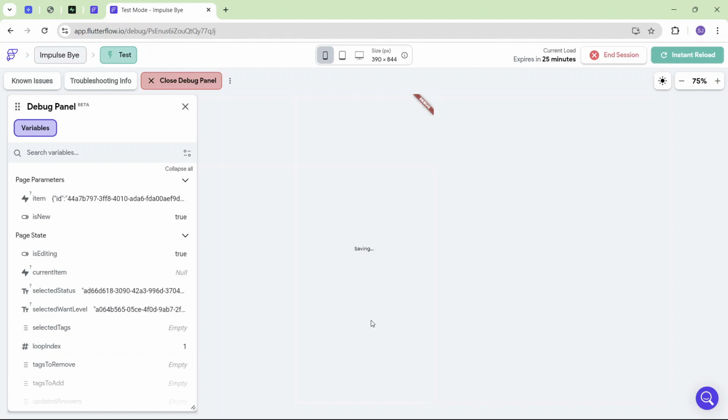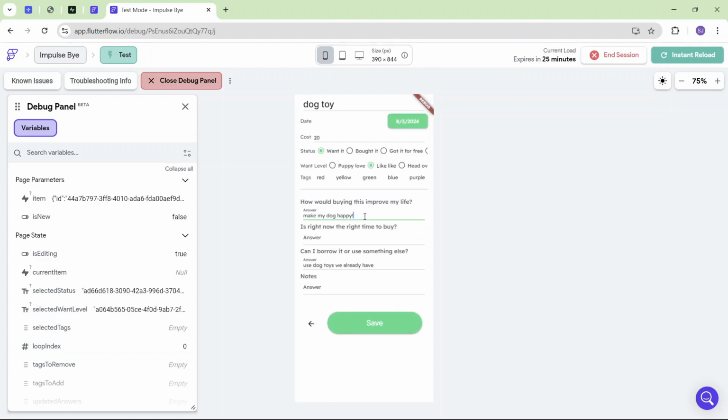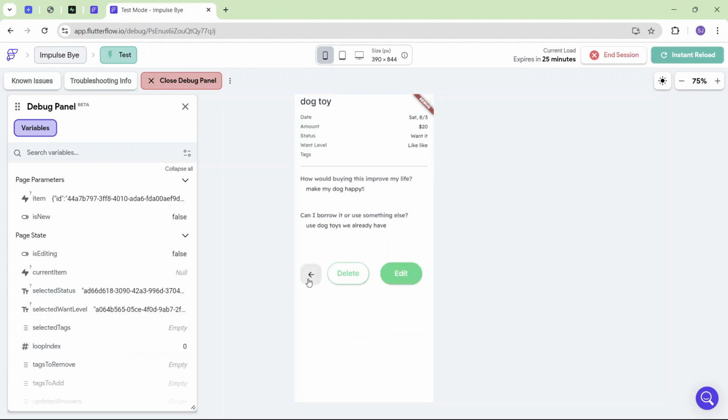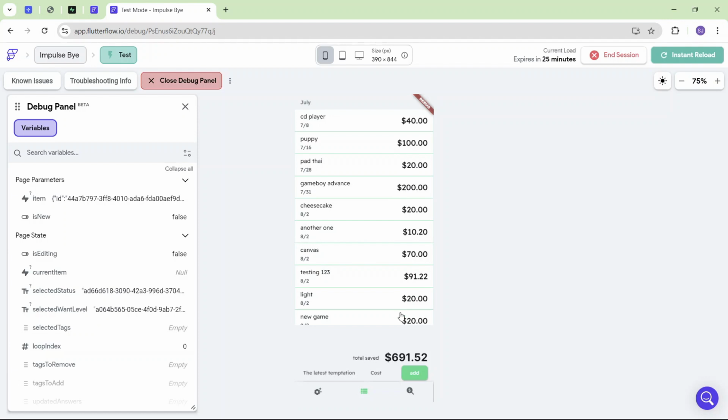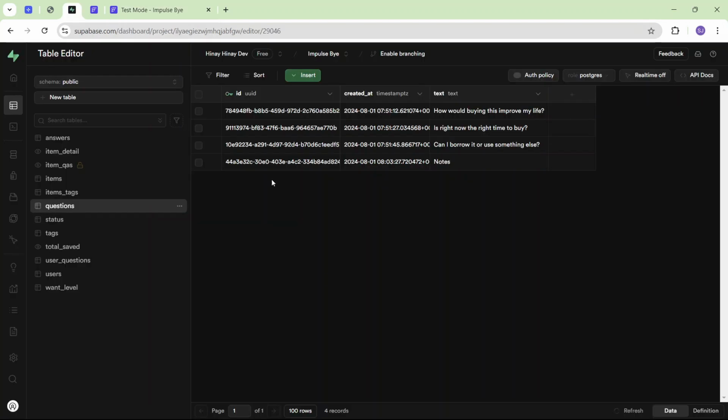And then you can save it, and it'll show them, and then you can go in and edit them as well. So yeah, that's the flow that I figured out. And before we dive into all of the actions and everything, let's head over to Supabase so I can walk